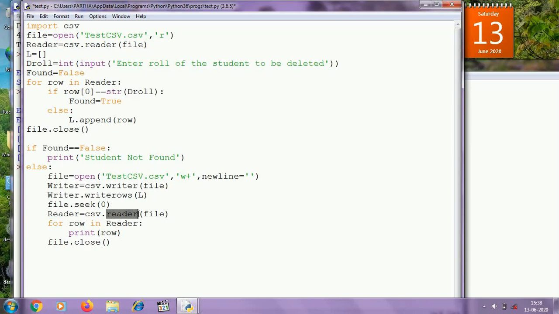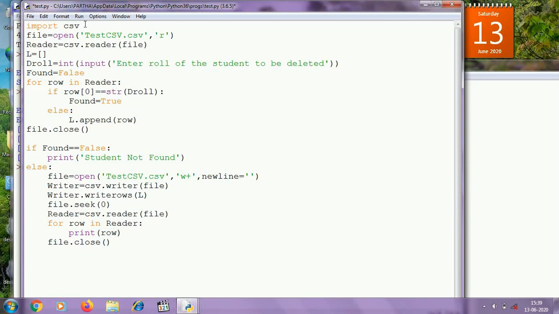Using the reader function of the CSV module, I am creating the reader object, and using this for loop I am iterating over the reader object to fetch the records from the file one by one, and here I am displaying the records one by one from the file.